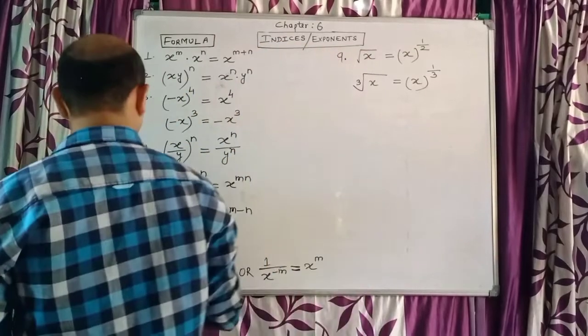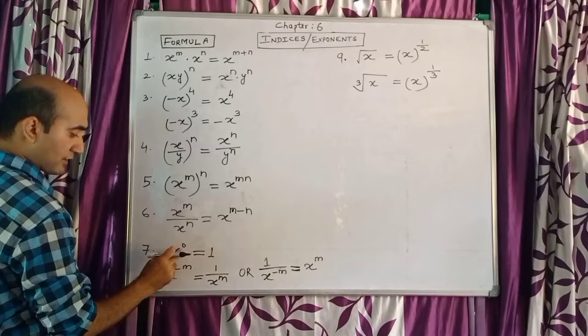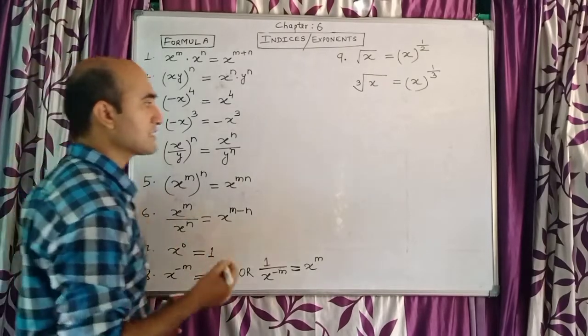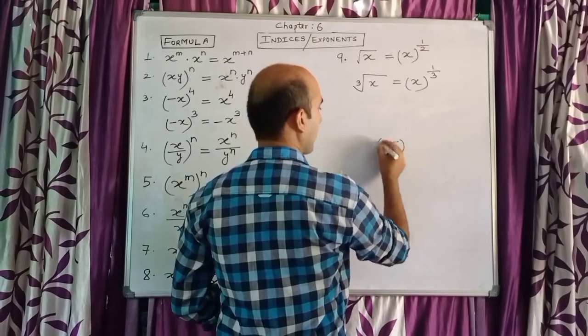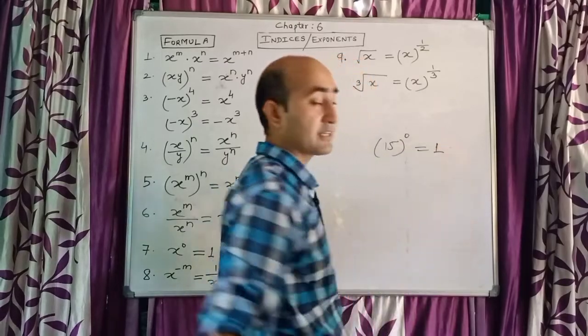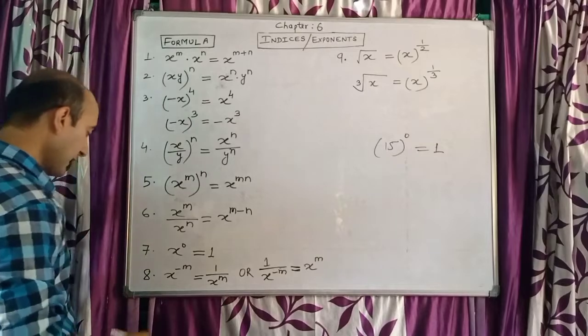Next, come to formula number 7. Anything to the power 0 is 1. The meaning is, let it be any number. Suppose you write 15 and the power is 0, the result is 1. So any number having power 0, the result is 1. Next, number 8,